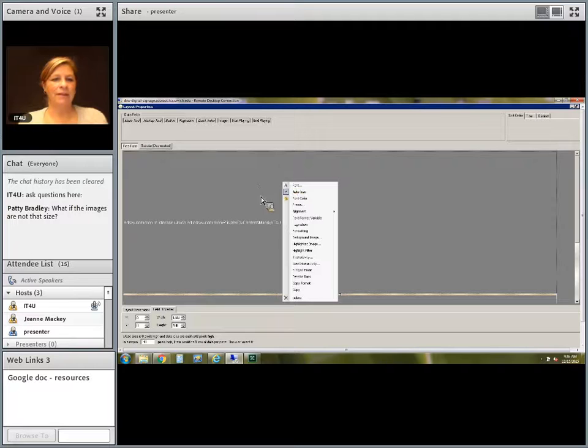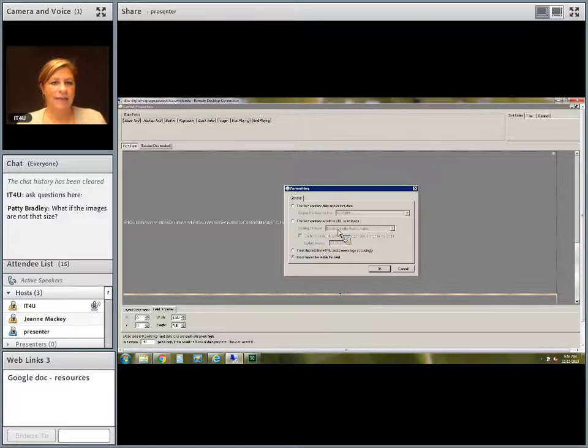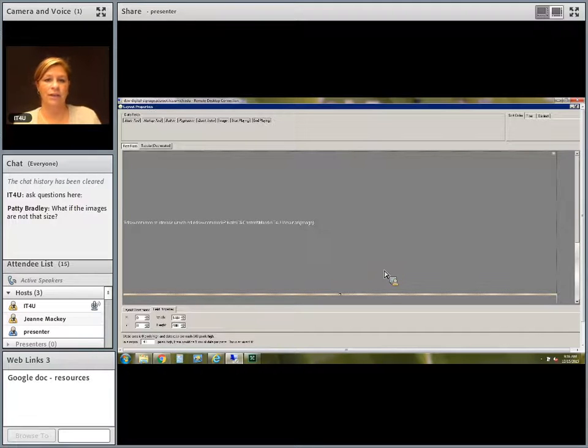Now I'm going to right click, and Patty, this is where your question comes in. I'm going to go down to formatting, and it's going to give me some options. I'm going to choose that this field contains a path or a URL to an image. Then I have the ability to say center if smaller than container, fill container, and by container they mean region, fill container while maintaining aspect ratio, or fill container distort aspect ratio. We don't really want to do that because we don't want to distort the images in any way. So I'm going to choose fill container while maintaining aspect ratio and hit OK.